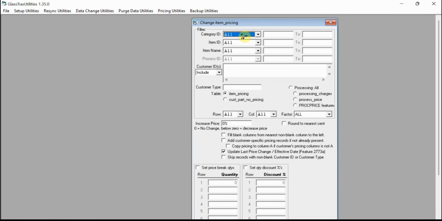From here, you can choose a category of inventory items, specific items, a range of items, or an inset. That's where you would do items separated by a comma, or you can do it by item name. Most of my customers end up doing this by category or by item ID inset. You can also choose to exclude certain customers from this price increase. You just change this to exclude and put in your customer IDs, again separated by a comma if there are